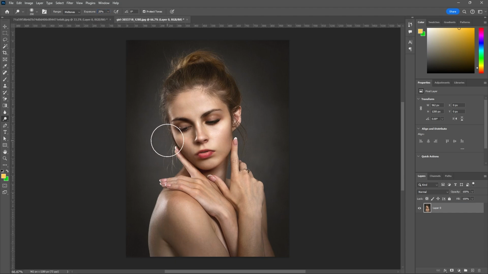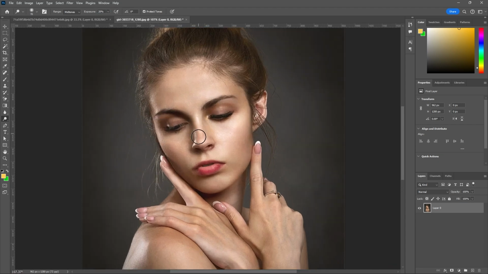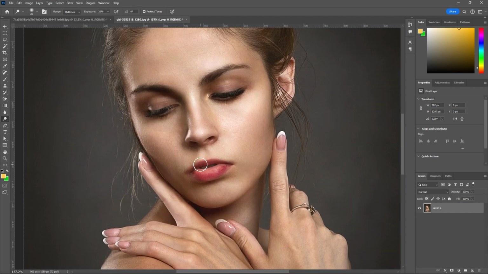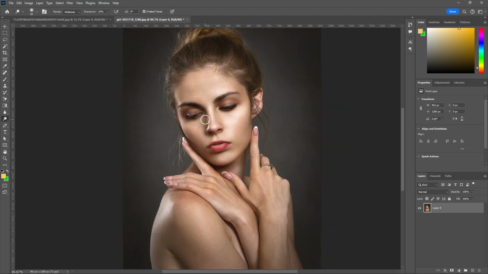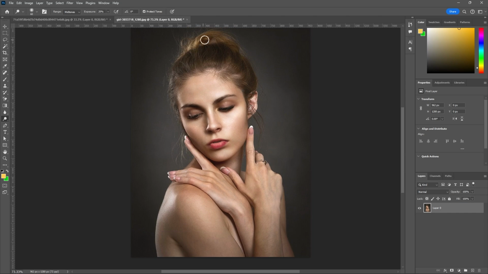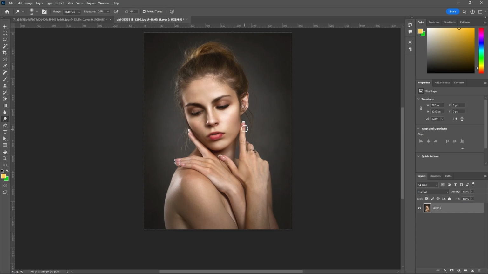Okay, I reduce the brush size, and here I'm using it on the nose tip, the forehead here, and the cheeks and chin and forehead, and here and there, and improve this. So I'm improving highlights,